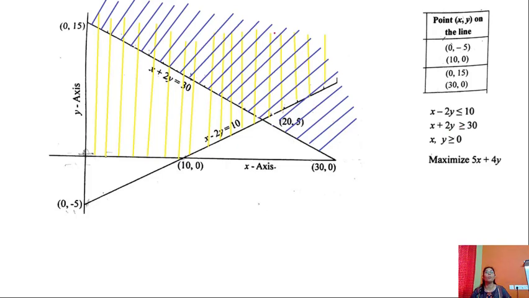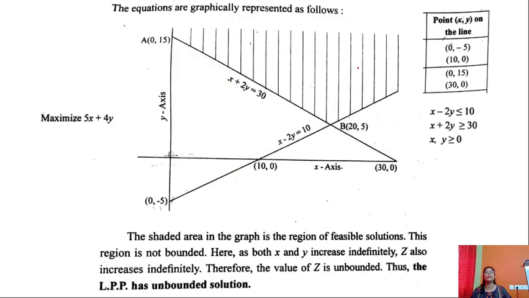Now we have to identify the common region. So this, where we can see the combination of blue and yellow lines together, is the feasible region. So we have shaded here. The shaded region is the feasible region, but there is no boundary for this region. Therefore, there is unbounded maximum. We have 2 points, that is A and B. We can find the minimum values among these two corner points, but we don't have maximum values. Therefore, Z is unbounded. So there is unbounded solution for this linear programming problem.